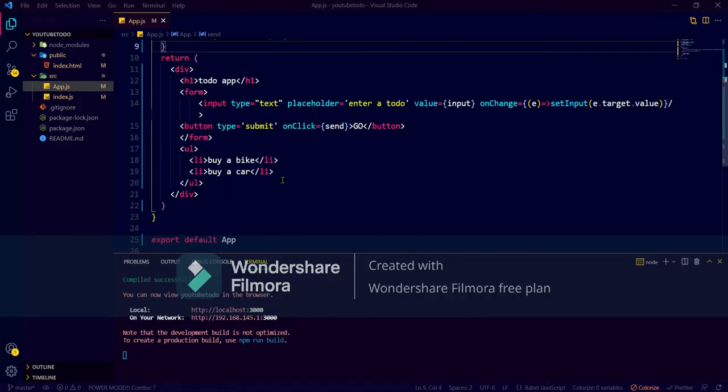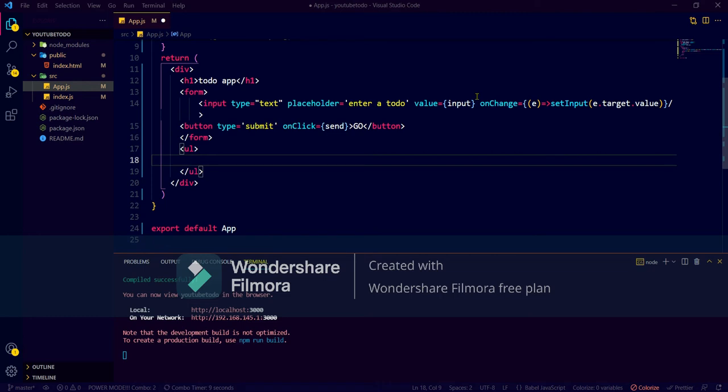So I will clean both of these here, and I will implement a map function. Let's learn the map function. First we write it in curly brackets: todos.map.